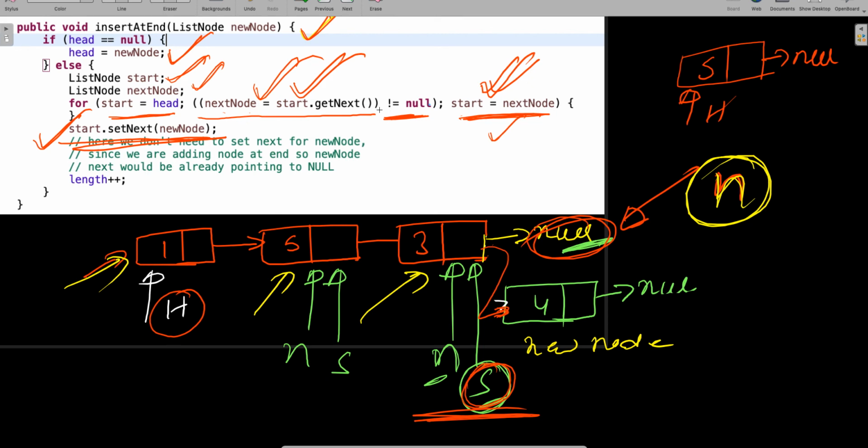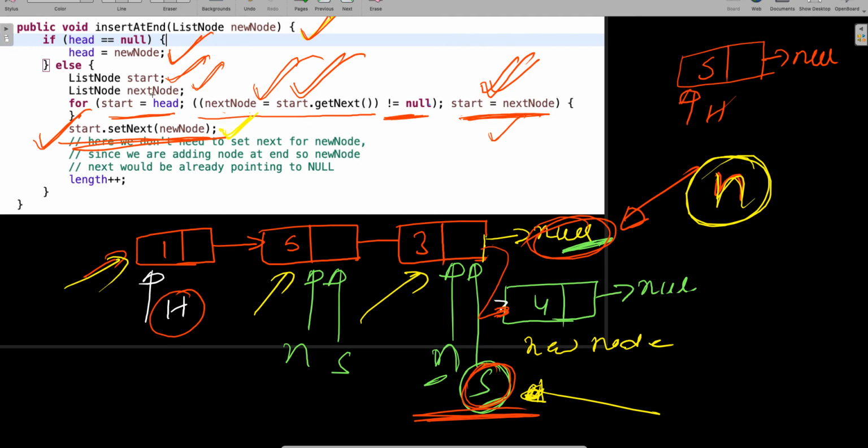Now if it is not null, then only this will get evaluated, right? This time this did not get evaluated, your start is still here, your start is still here. That is the reason in the code we are doing that start dot set next, we are not doing that next node dot set next. You understood why we should do a start dot set next?